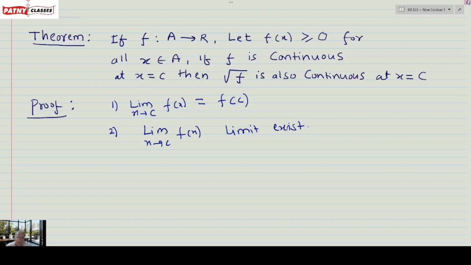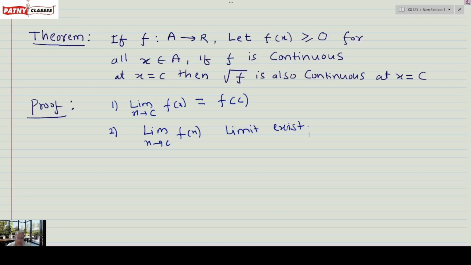Let f: A → R, where f(x) is greater than or equal to 0 for all x belonging to A. If f is a continuous function at x equals c, then root f is also a continuous function at x equals c. That we need to prove. The primary condition for a continuous function is that the limit as x tends to c of f(x) equals f(c),